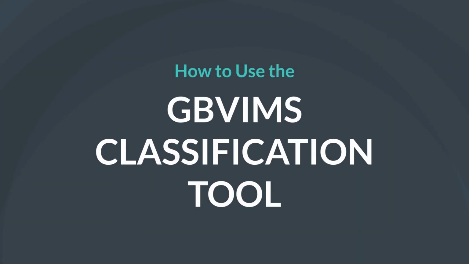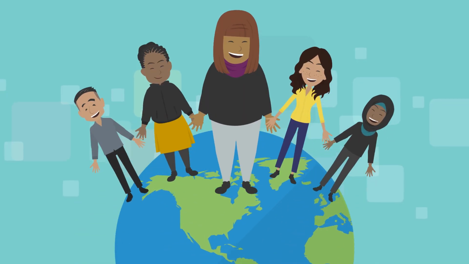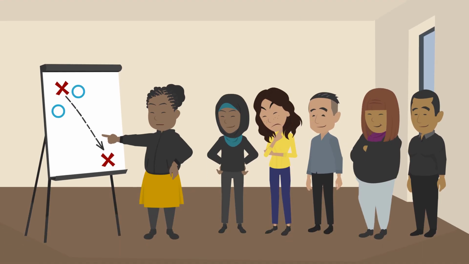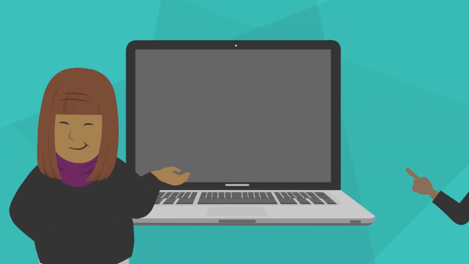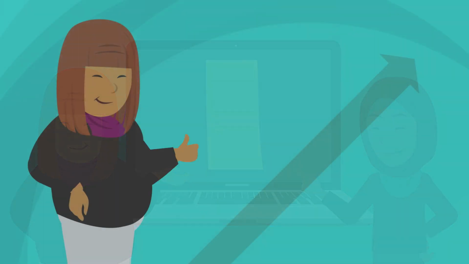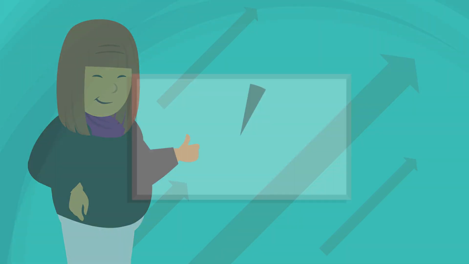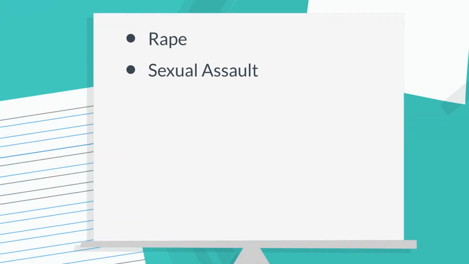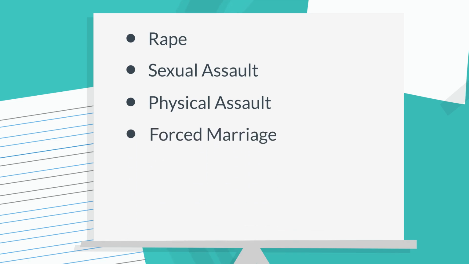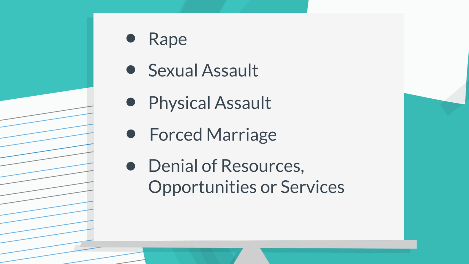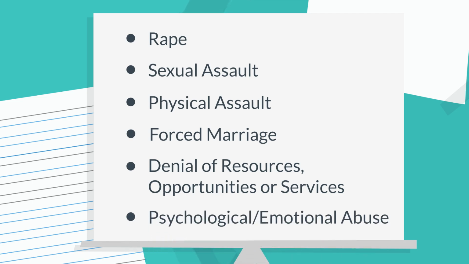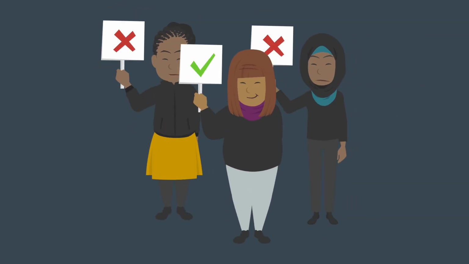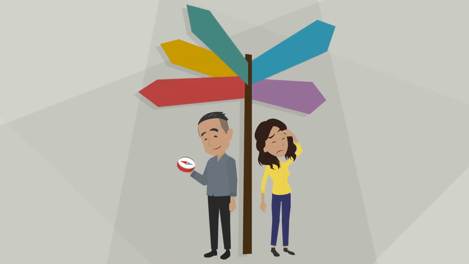To ensure valid and statistically comparable data, all those using the GBVIMS must use the same approach to determine how to classify a given incident. The types of GBV included in the classification tool are listed from most specific to the broadest to ensure statistically comparable data, and these are rape, sexual assault, physical assault, forced marriage, denial of resources, opportunities, or services, and psychological and/or emotional abuse. We use a process of elimination to determine the most specific incident type to use when classifying